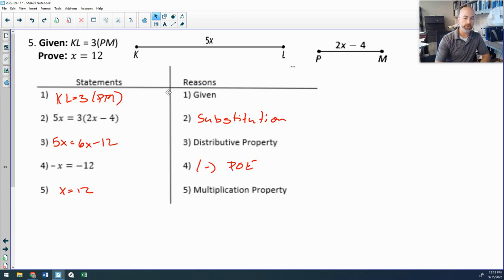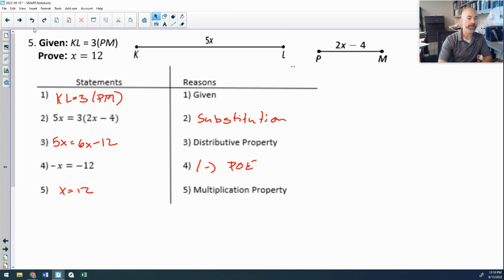And there this one is. So we can give you proofs in several different formats. The most difficult ones are going to be the ones that are completely blank and you fill in both columns. Sometimes we will give you everything in the left column and you fill in the reasons on the right side. In this case, you can see that we kind of mixed it up. And so these do tend to be a little bit easier because I tell you at least half